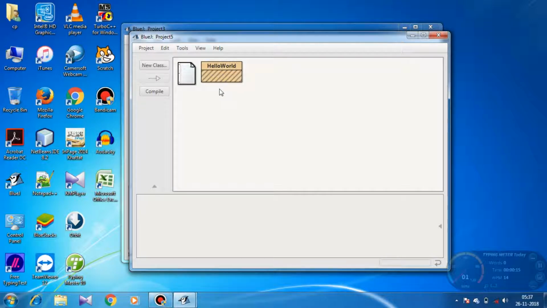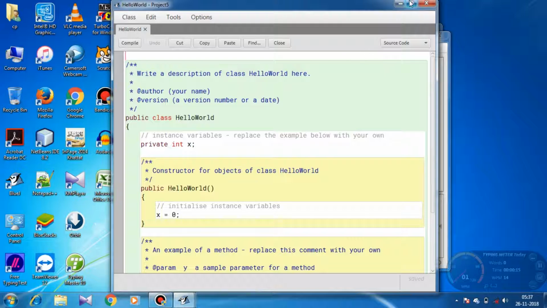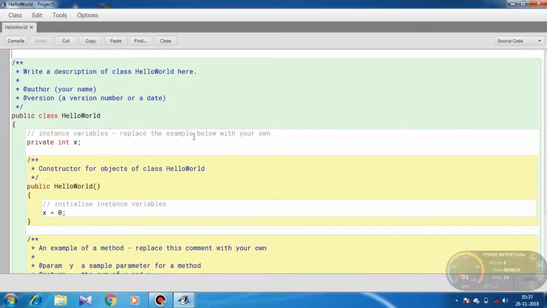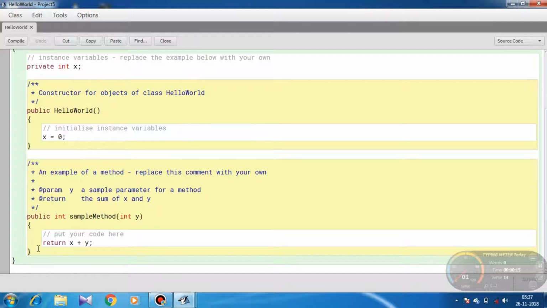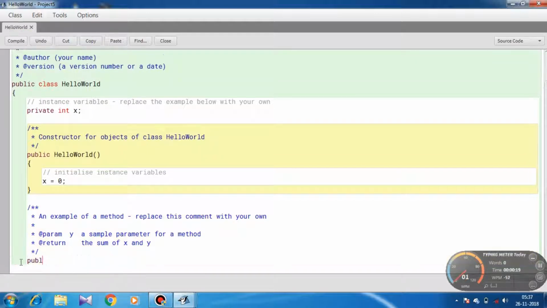Now we will double click on the added class icon. The editor window will open. Here first we will delete all comments. Everything inside these two quotes are called comments. So we will delete everything.